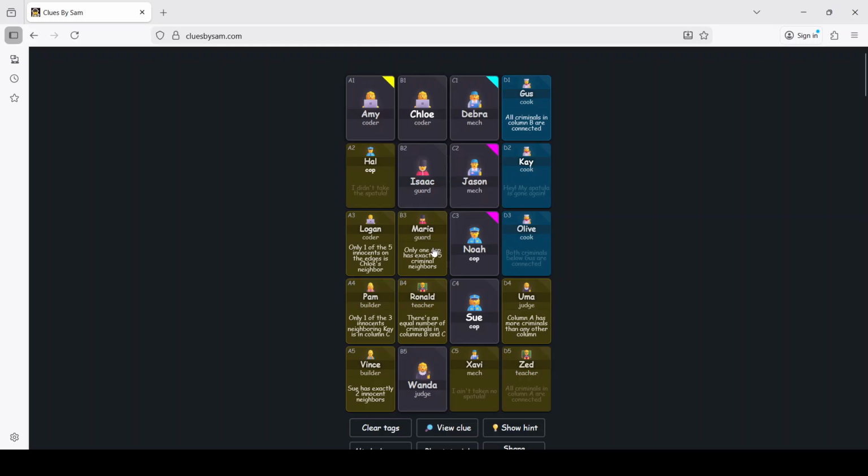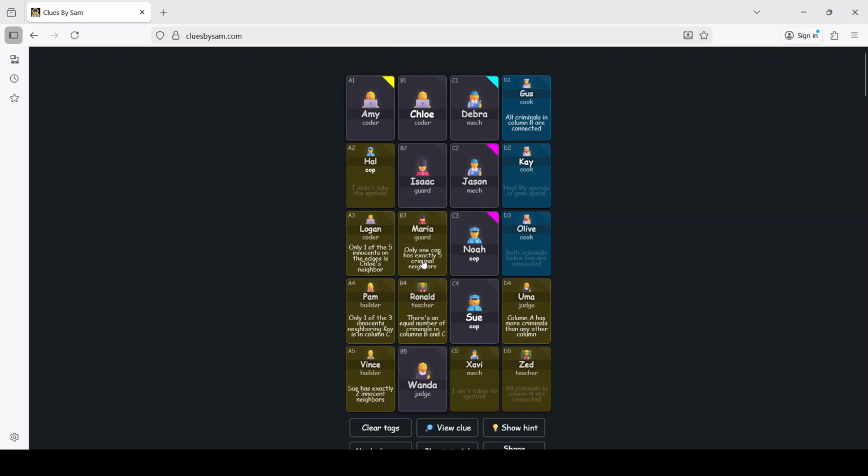Noah currently has 3 criminal neighbors, and only 2 innocent neighbors. So Noah only has 1 more innocent neighbor, so Isaac, Jason, or Sue, that's possible. And then Hal is over here on the edge in A2, so if all 5 of Hal's neighbors are criminals, then Hal could be that cop. So let's check